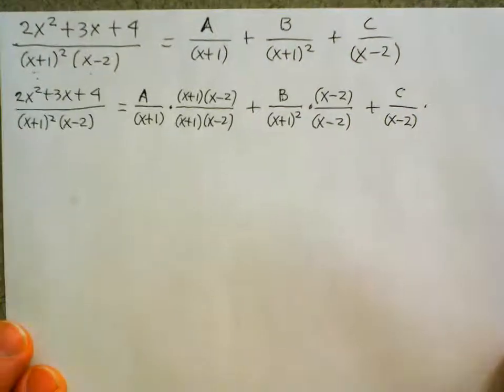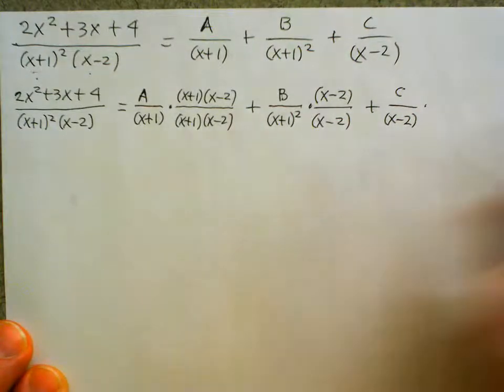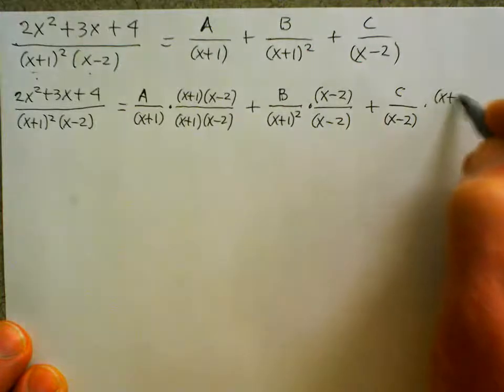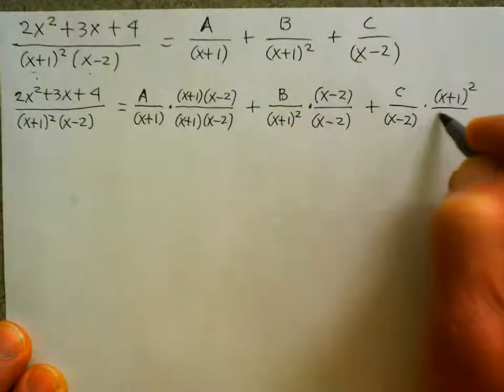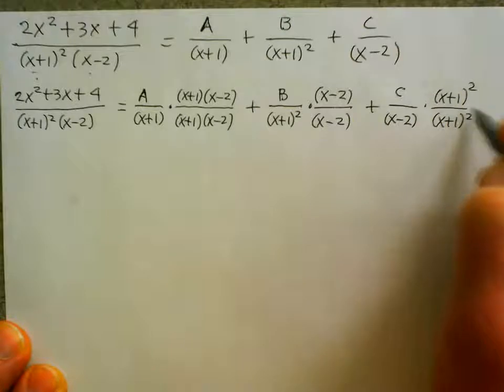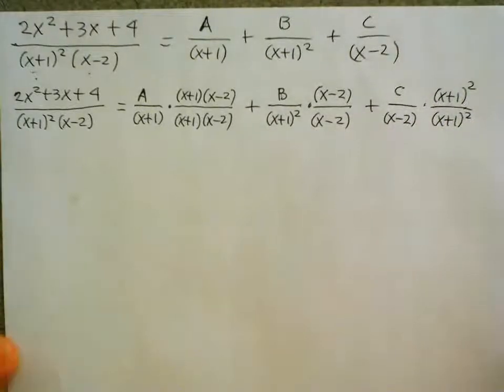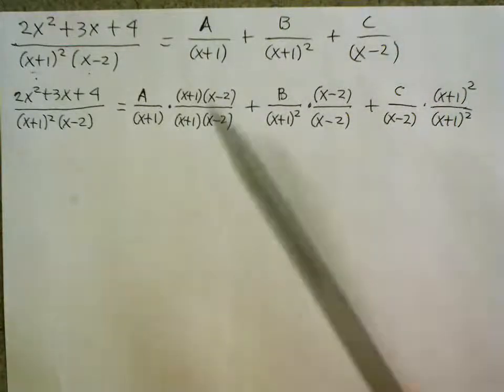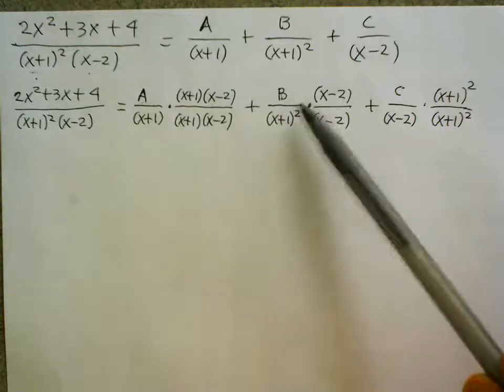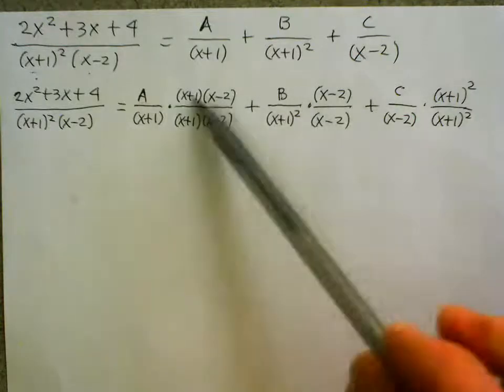And the form that 1 takes this time is x plus 1 squared divided by x plus 1 squared. Okay, so we'll multiply all of those numerators and combine like terms,